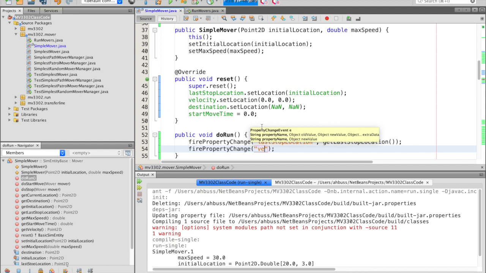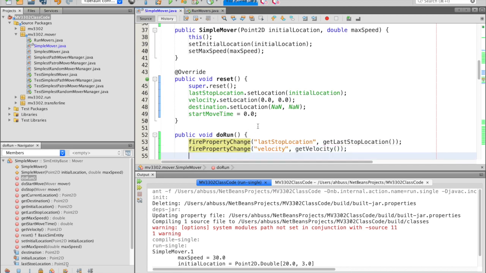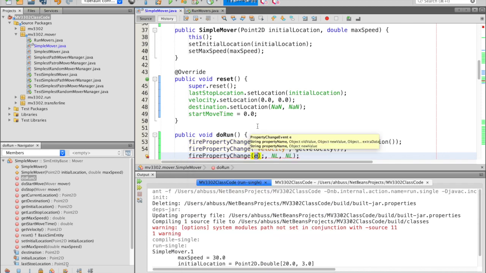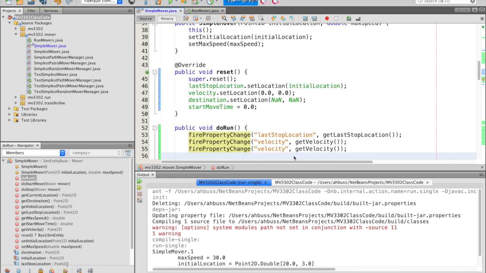Our velocity. Oops, not indexed. Yeah, NetBeans sometimes is a little bit too helpful there. And finally,